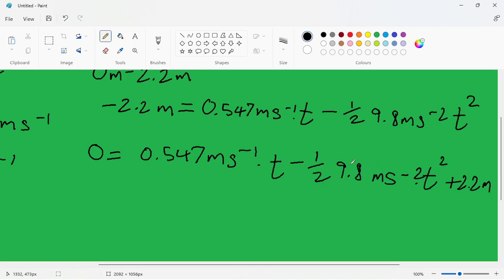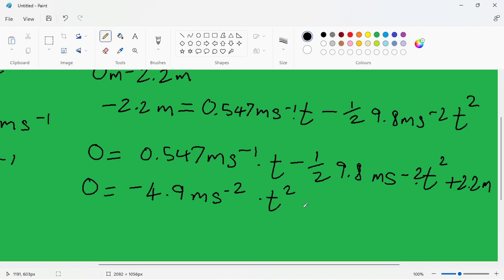Now we want to put this term up front, so all we do is we put it up front. So negative half 9.8. And at this point, instead of writing negative half 9.8, we could just do the multiplication. So we're going to get negative 4.9, since half times 9.8 is 4.9. So we're going to get negative 4.9 meters per second squared